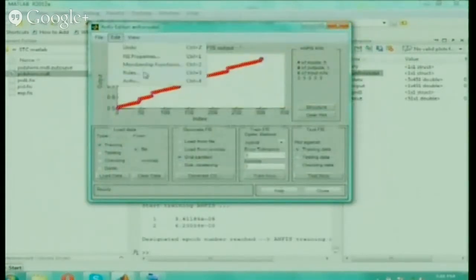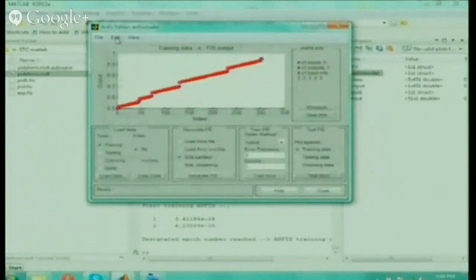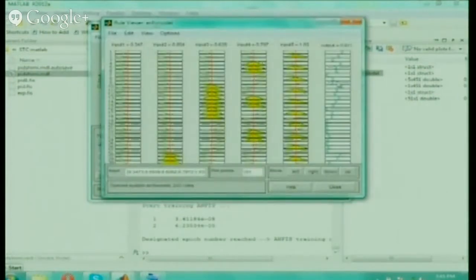You can see वहाँ जो भी हमने देखा है rules. So around how many rules are created here? 243 rules. वो अपने आप create कर देता है, depending on the number of membership functions that you have given. Then this is the ANFIS का rule base, FIS property rule viewer. If you want to see the rule viewer, that also you can see.